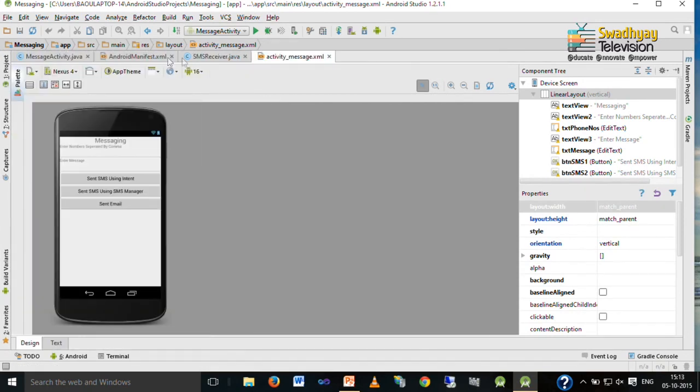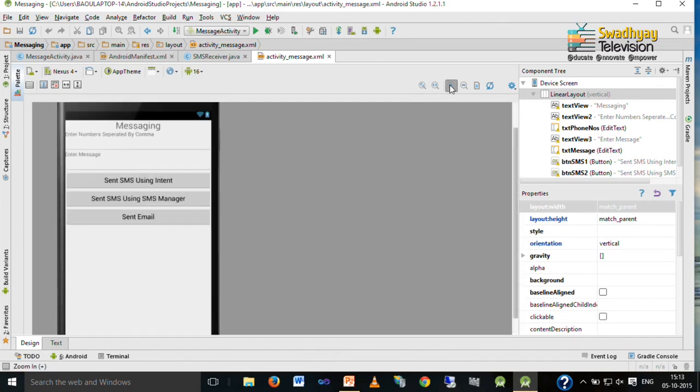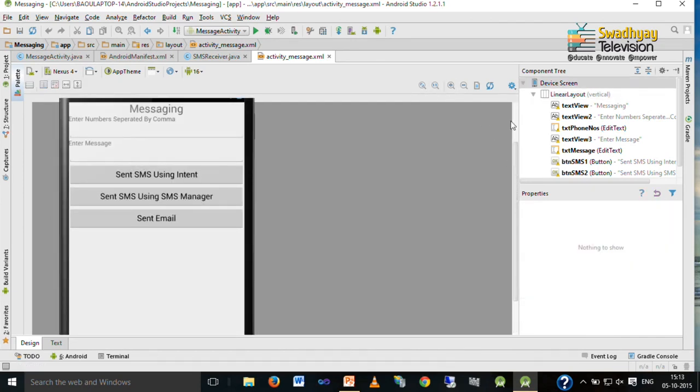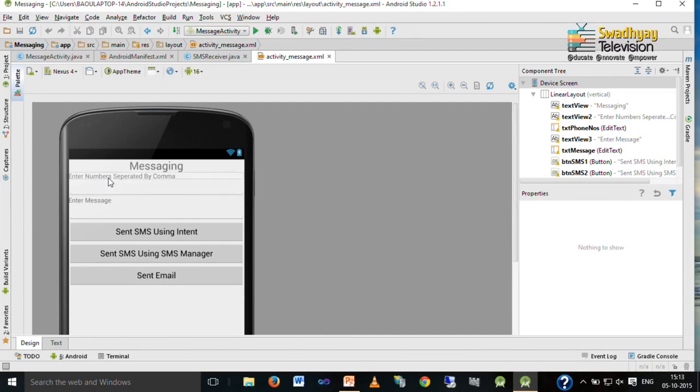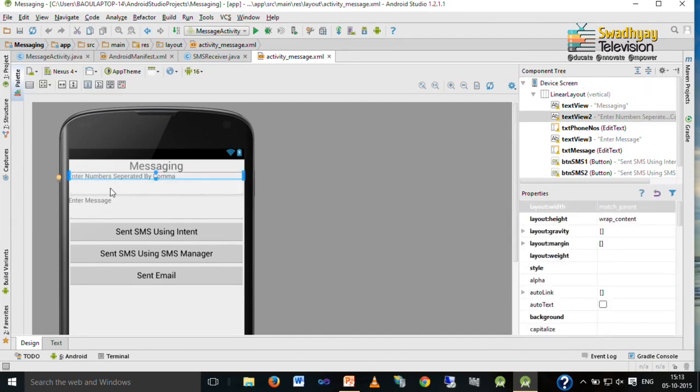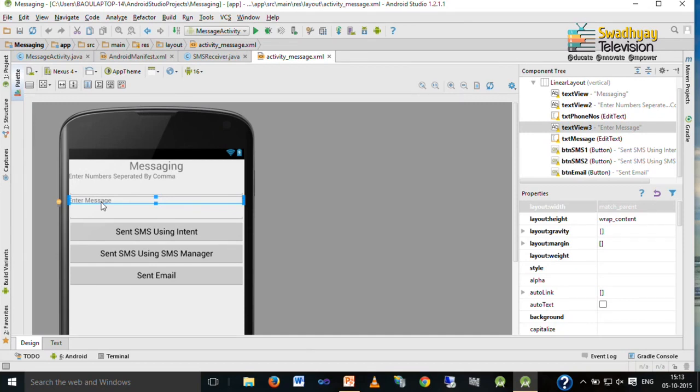Here you can see we have one label which asks the user to enter numbers separated by comma in the edit text below it, and we have one text view which displays enter message, and here you can type your SMS message. We have two methods for sending SMS.